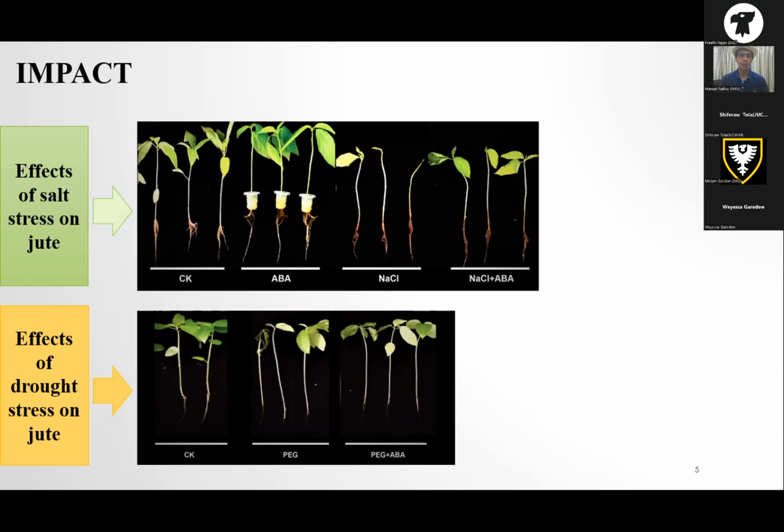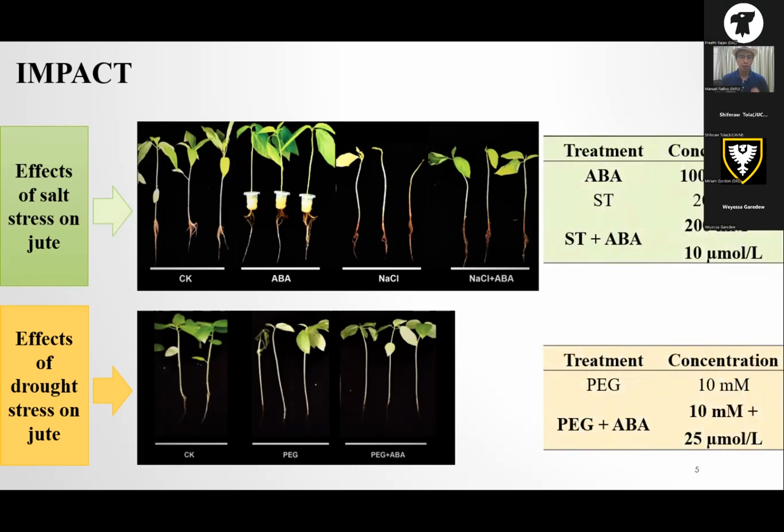This one is something very important because if we want to compare between the stresses, the drought stress doesn't have so much difference with the application of the ABA. For that reason, for all of these treatments, we were talking about some specific doses, because according to this one, we focus that for salt stress with a concentration of 200 millimoles of sodium chloride, we need to work with 10 micromoles of ABA, because if we increase this concentration more, the balance of these chemicals goes bad, because the plant will suffer another kind of stress, and this one will die as soon as we are treating. The other thing, according to the drought stress, we are using 10 millimoles of PEG 6000,